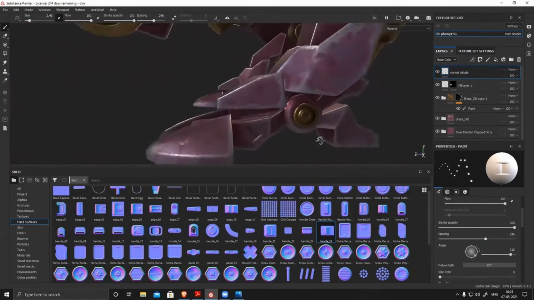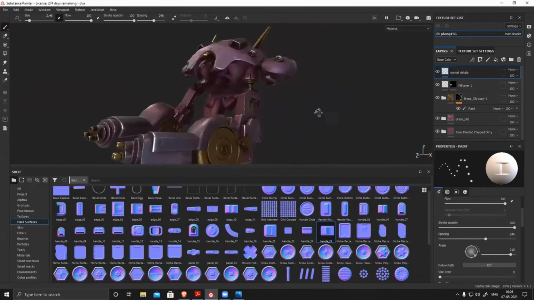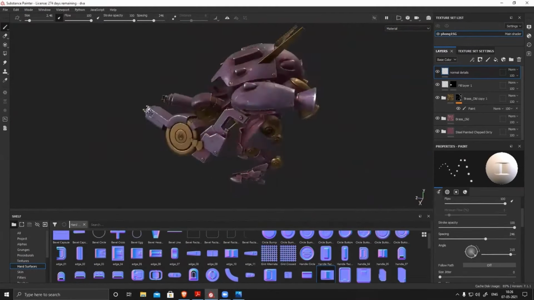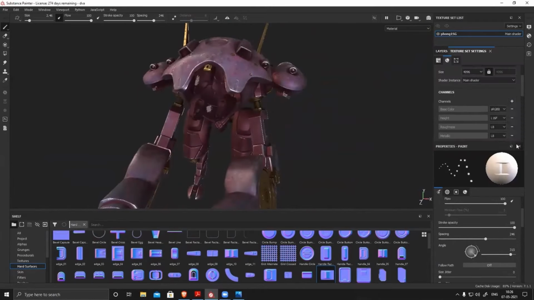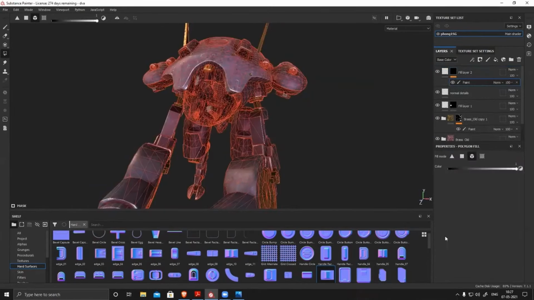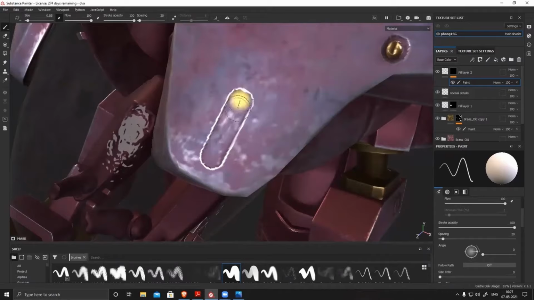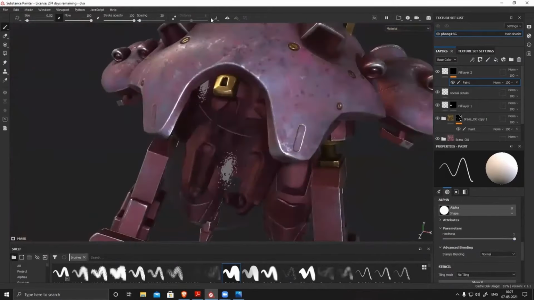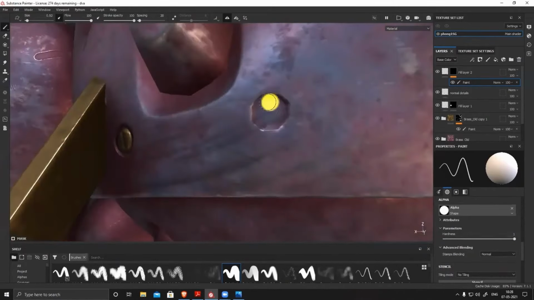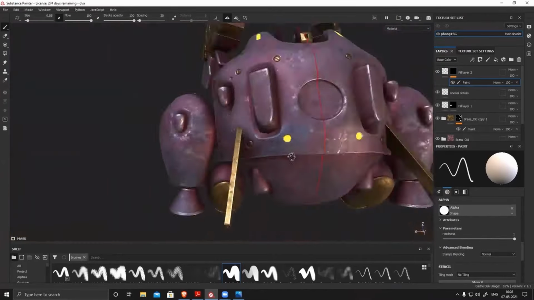Use a blank empty layer for that, because you cannot paint it on a fill layer. You have to use the empty layer and then select a normal and paint it. Then I'm going to use those sections as my emissive. First switch on my symmetry and again make it symmetrical and make it emissive.